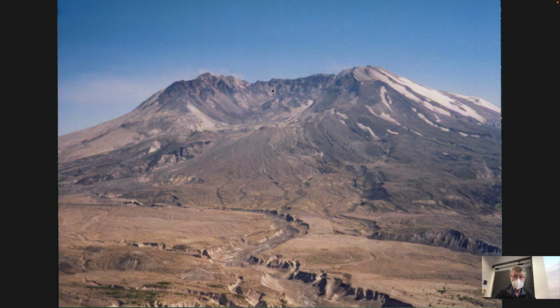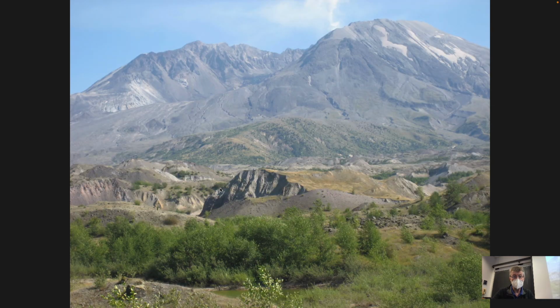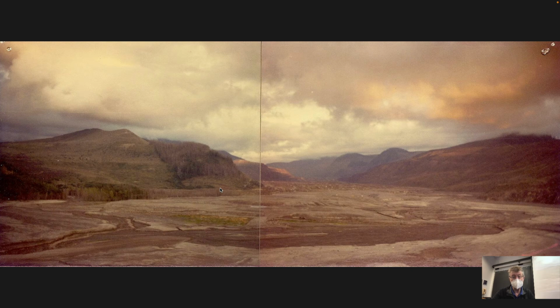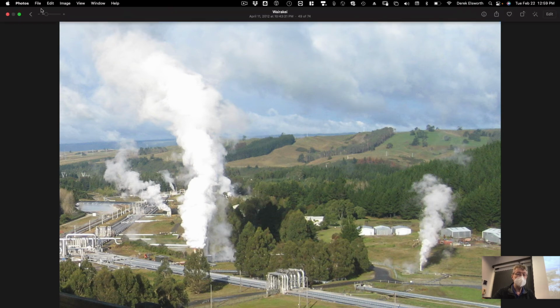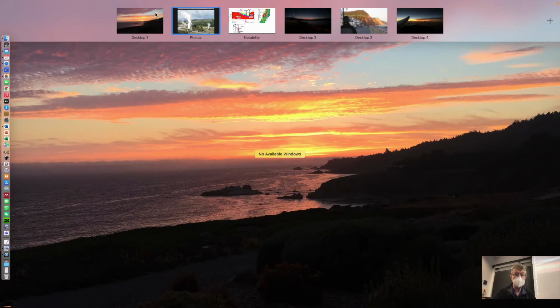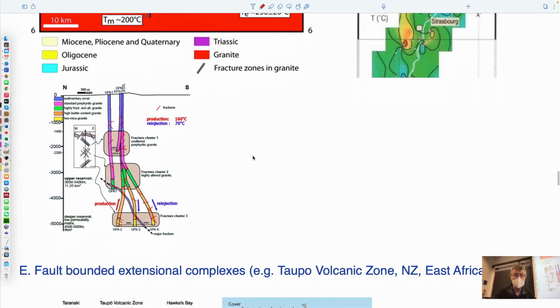The whole west side of this blew off in a lateral blast in May of 1980 and blew down all the forest that was on there. And I think the remnants of that was taken in 1982, I think. And finally, out of these, as we go through all these different ones,